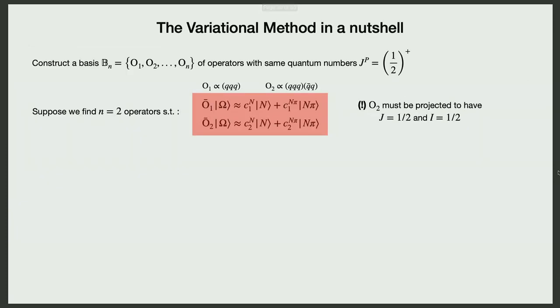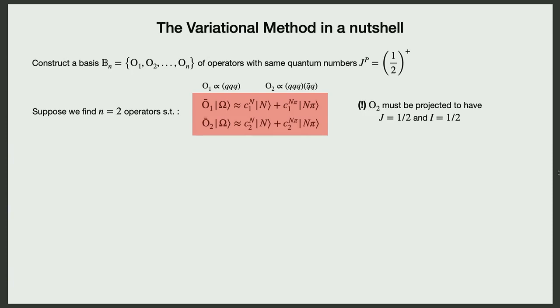Now, the variational method in a nutshell. Instead of using only a single operator for these nucleon matrix elements and nucleon 3-point correlation functions, one can use a large basis of operators. Let us suppose, just to simplify the discussion, that there are only N and Nπ states in the